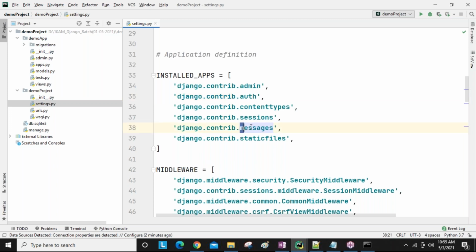Using the messages module, for example, we can show user-friendly messages like your account was created successfully, your registration was created successfully, now you are able to log in, or else your registration was not done. Like that we can make user-friendly messages, guys, such as please enter a valid username and password.